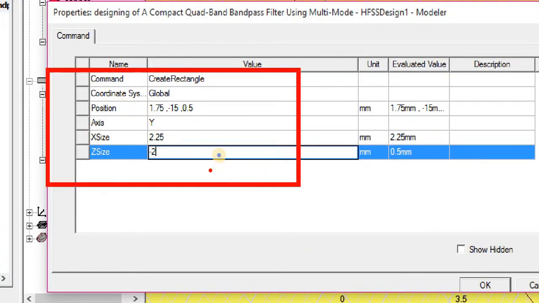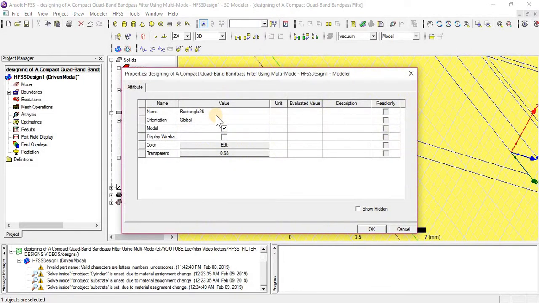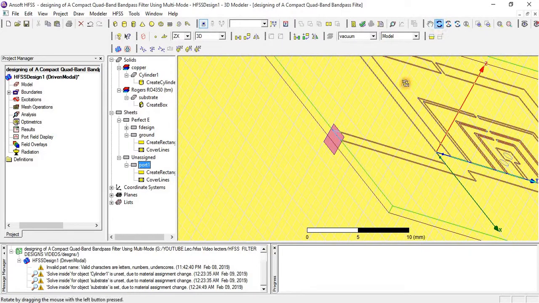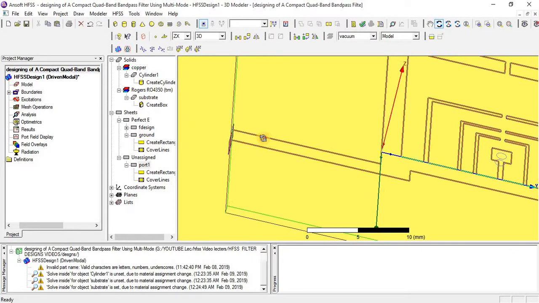Put in this information and click on OK. Here it is. Give it the name port 1. It is fine, attached with